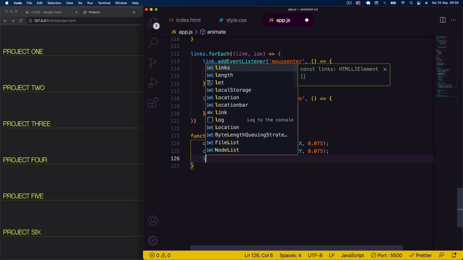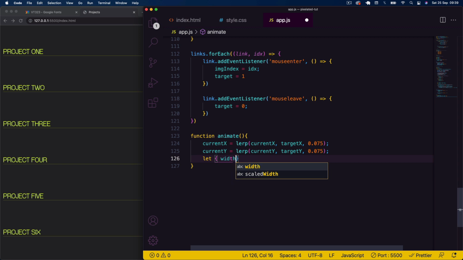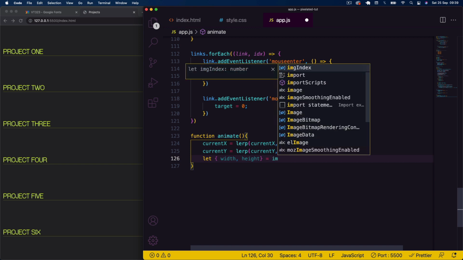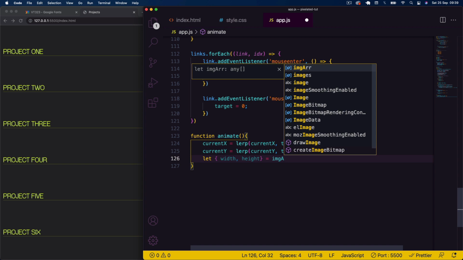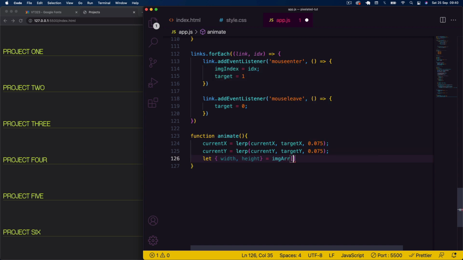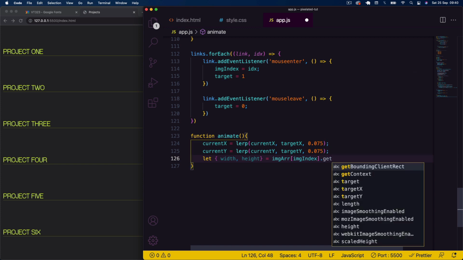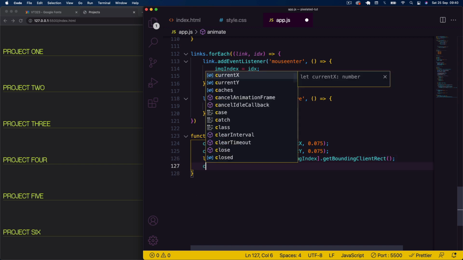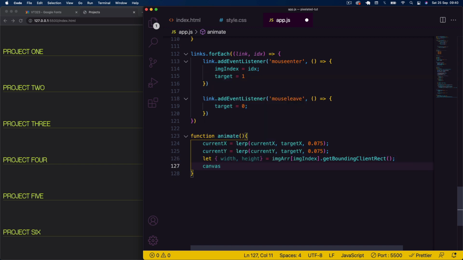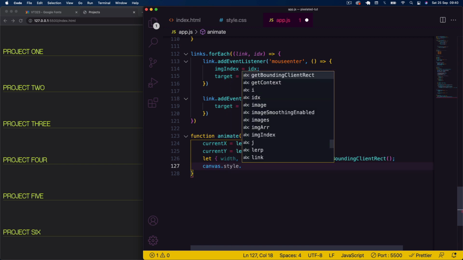Next we want to do here, I'm just going to say let, and we use that destructuring again, let width, height, okay, and that's going to equal our image array, and then we want to get the image index variable, so that's the index we're currently hovered, and then we'll just say .getBoundingClientRect, like so. And then here we're just going to say canvas.style.transform